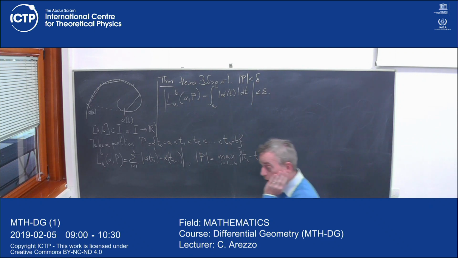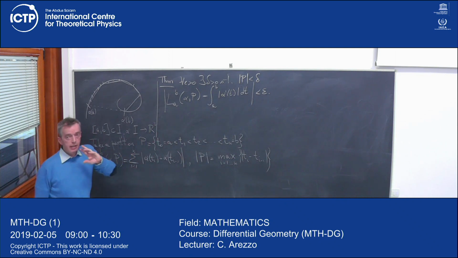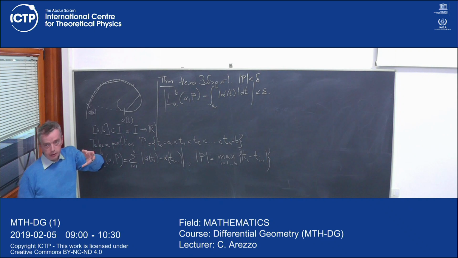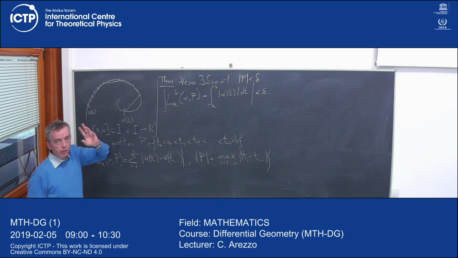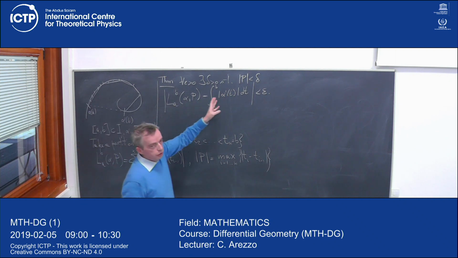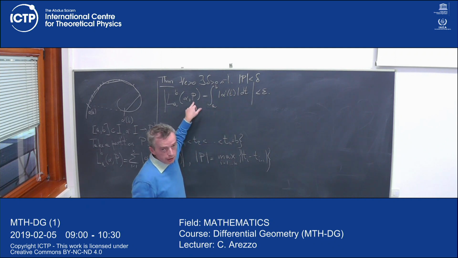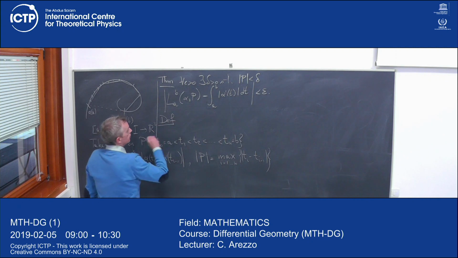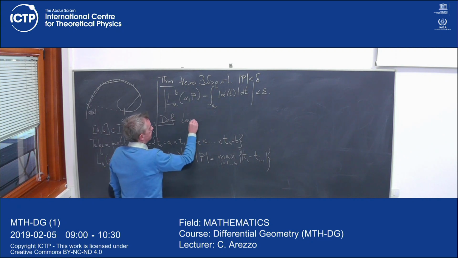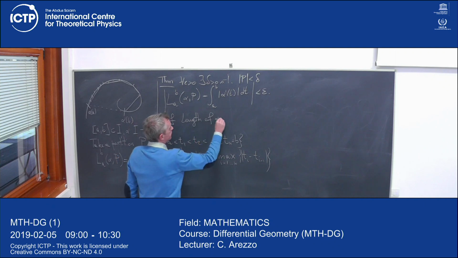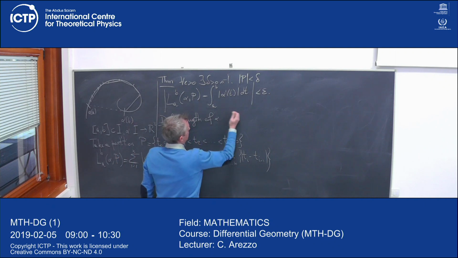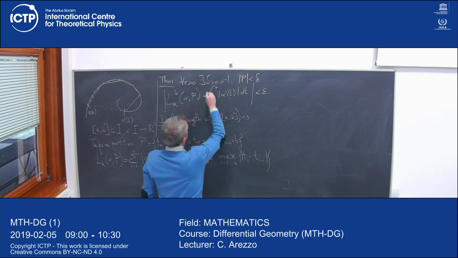But this is kind of constructing a definition. Looking at the picture, I think I know what I want as the definition of length. And this theorem is telling me what it should be. So this object here is the limit as P goes to 0. So this should be what I want. So, definition: the length of alpha, between A and B, is this object here.